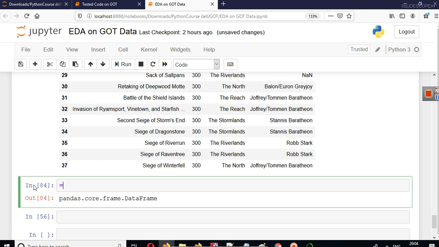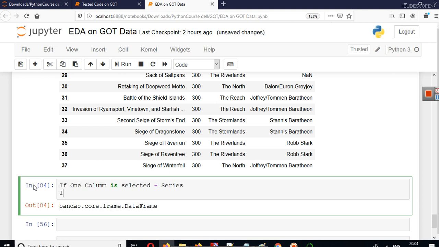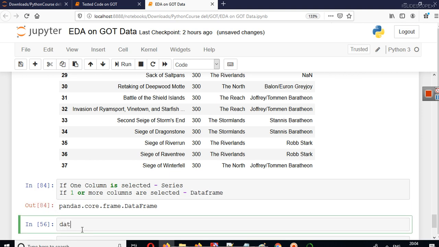So what can we get from this? If one column is selected, we get a series. If one or more columns are selected with a list, it's a data frame. So suppose we select a column like this, df_battles, and then we use two square brackets here.